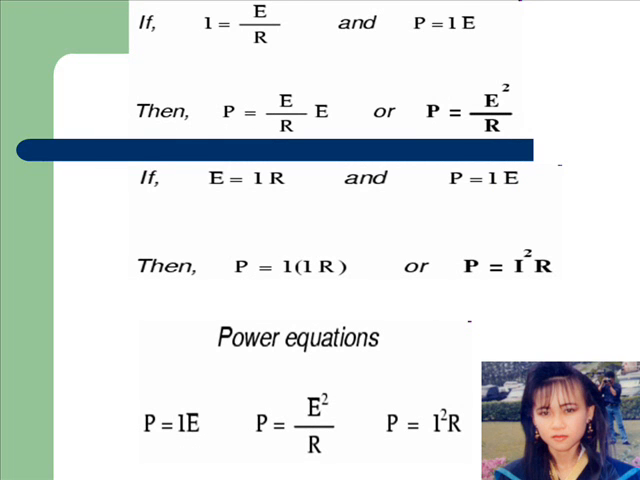Using algebra again to manipulate the formulae, we can take our original power formula and modify it for applications where we don't know both voltage and current. If we only know voltage E and resistance R,